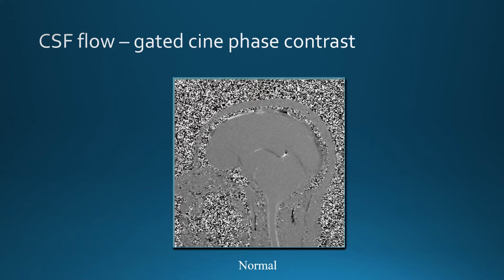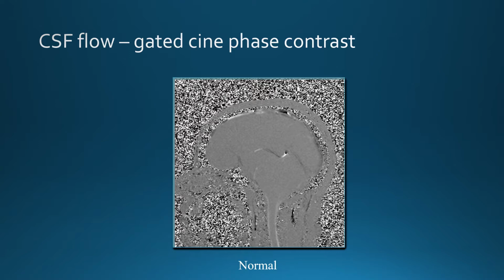The various scanners can code the flow up or down as black or white. It doesn't matter that much, but one direction is black, the other direction is white. In a normal patient, the flow is uniform all around the spinal cord. In patients with the Chiari 1 malformation, the flow